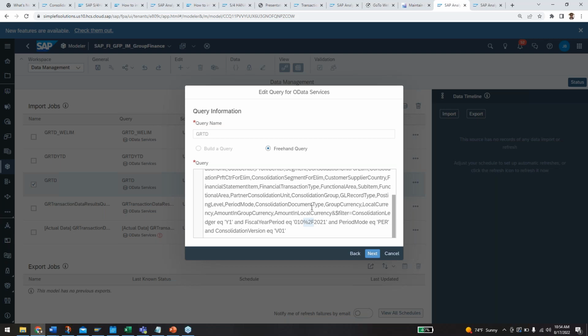Again, not something that is super intuitive until you spend a couple hours wondering why 010/2021 isn't working when everything else seems fine. So this is what we're looking at. This query right here will bring in data for the period 10/2021 version 1 in the periodic mode, which means basically the monthly activity